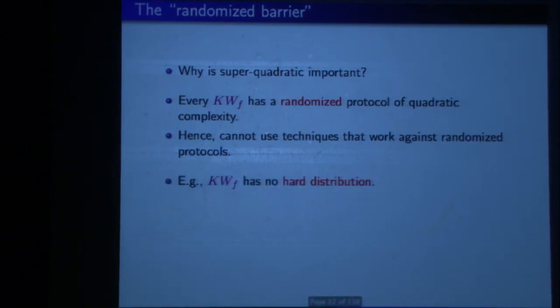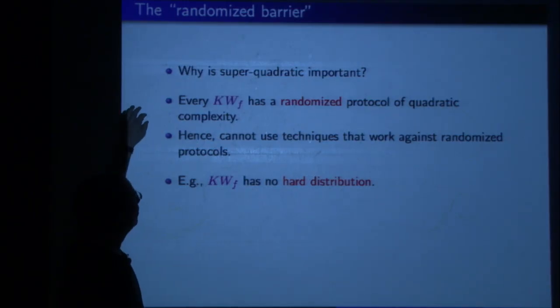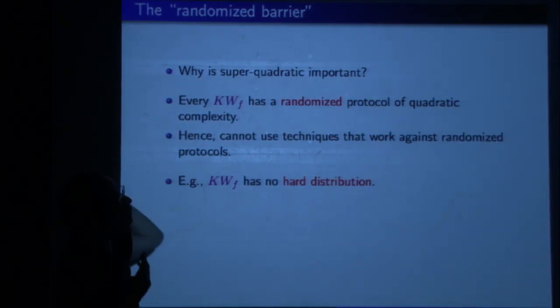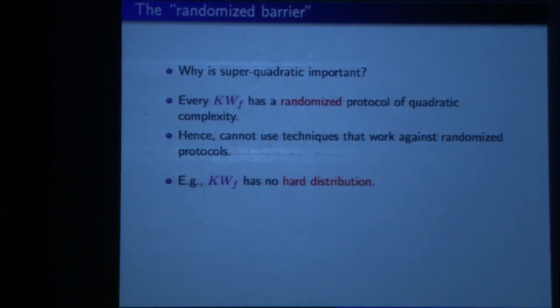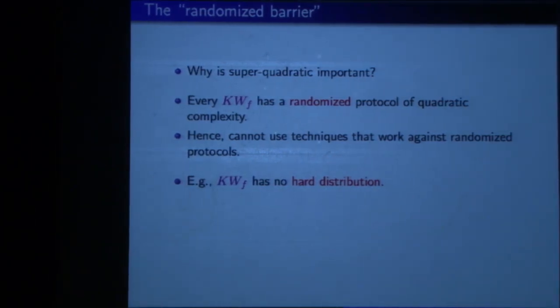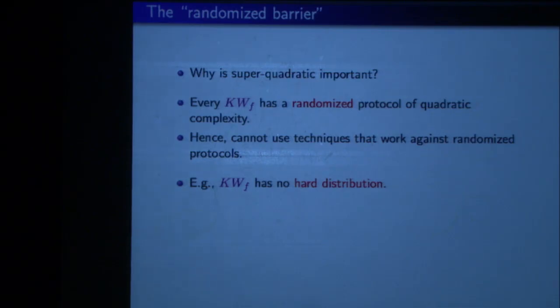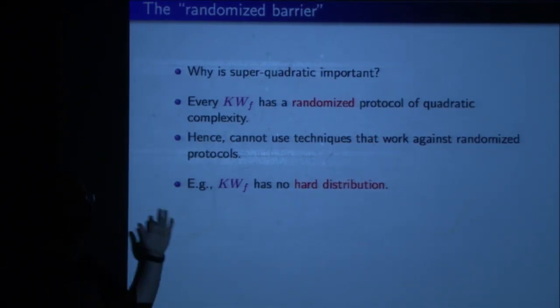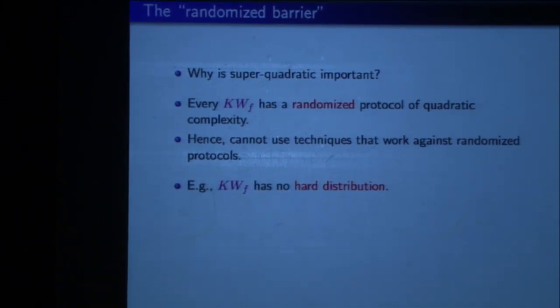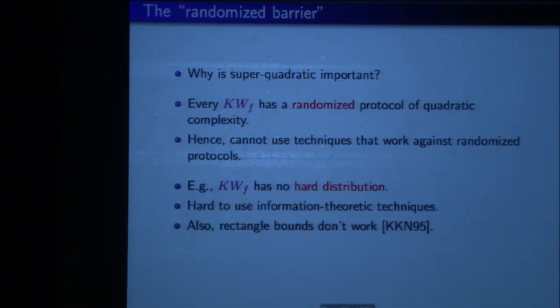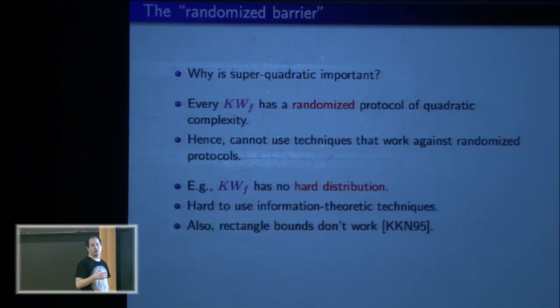For example, by the Yao min-max principle, the fact that we have an efficient randomized protocol means that also every distribution has an efficient deterministic protocol. So this means that we cannot choose a hard distribution over the inputs. And this means in particular that it's hard to use information theoretic techniques, and